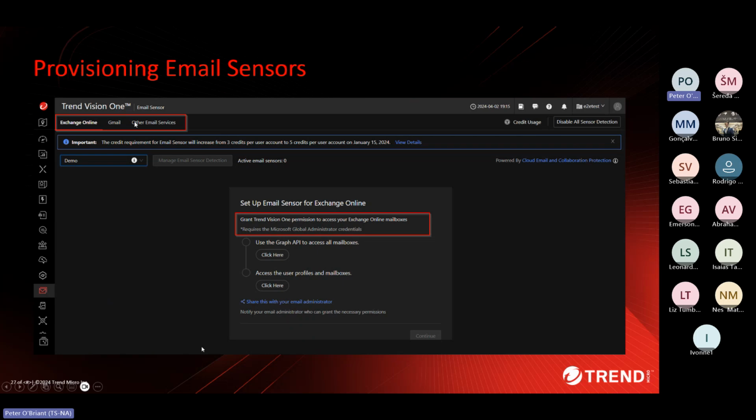But you do also have Gmail and other email services that you can select. And then, as it shows here with the Exchange, it will have you go through these steps. The one thing that you do have to have is global admin permissions for these accounts, which we don't have for ours. But if you don't have it, you need to get a hold of whoever's the global admin for